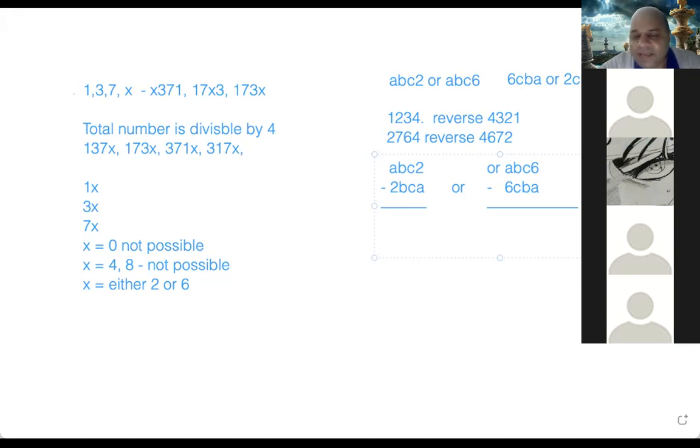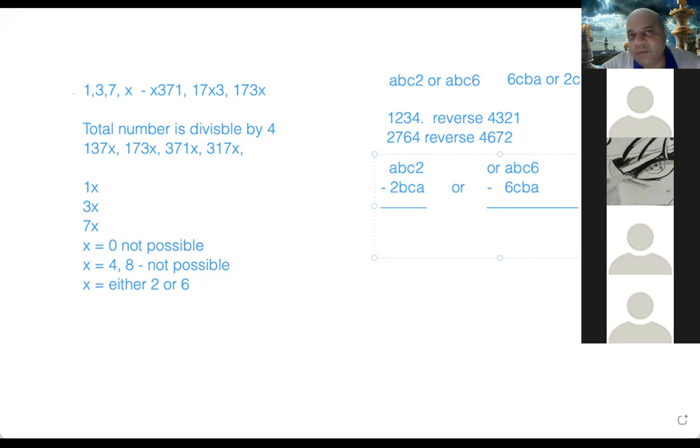Can A be 3? 2 minus 3 will not give you a last digit of 5. And similarly, 6 minus 3, the last digit will not be 5. 6 minus 3 will be 3, or 2 minus 3 will be 1. Right. So it can't be. Now, can it be 7?